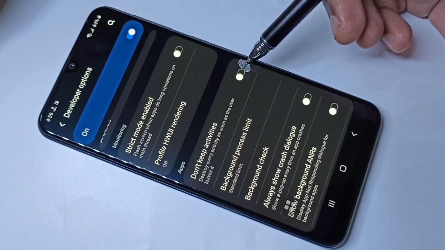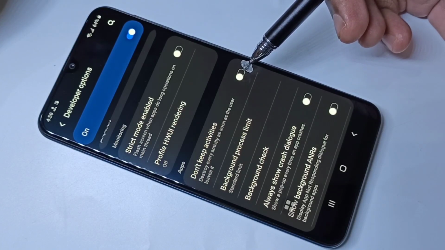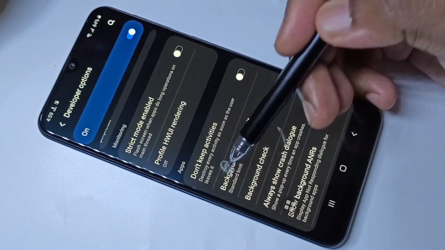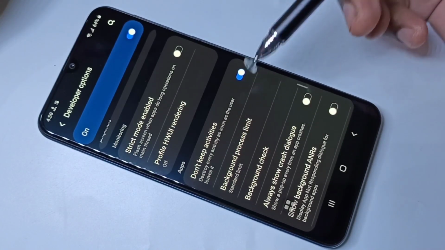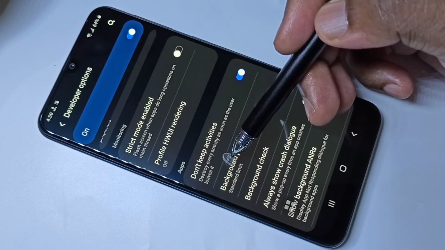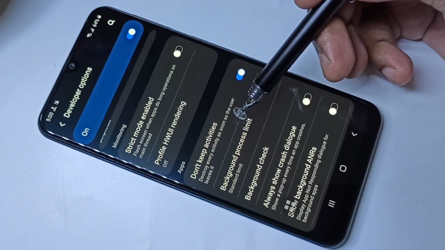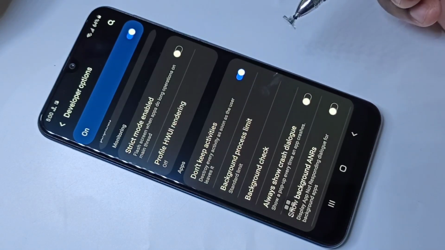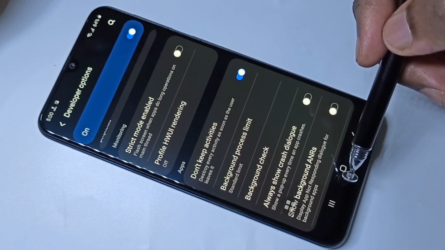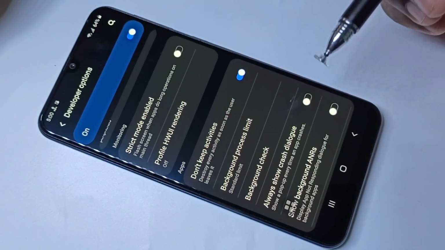So enable this option, don't keep activities. If you enable this, that means it destroys every activity as soon as the user leaves it. Just enable this option.